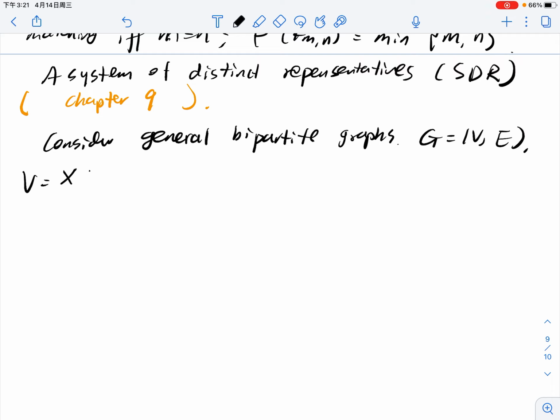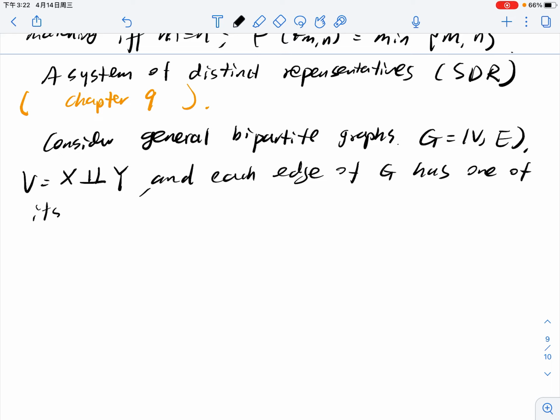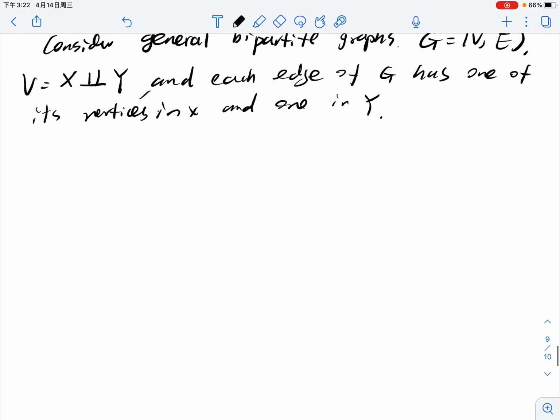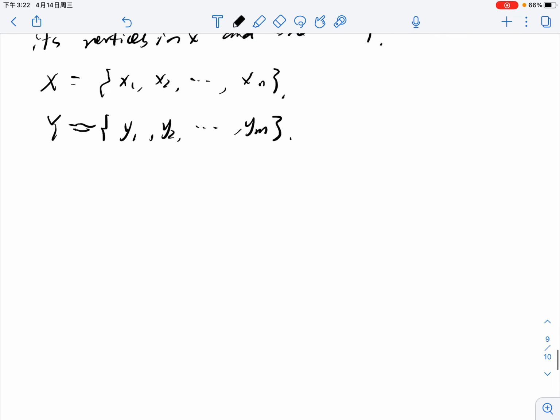V has a bipartition X and Y, and each edge of G has one of its vertices in X and one in Y. So let X be X1, X2, ..., Xn, and Y be Y1, Y2, ..., Ym, and define